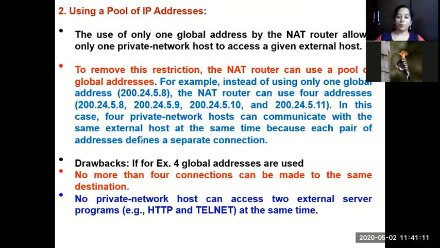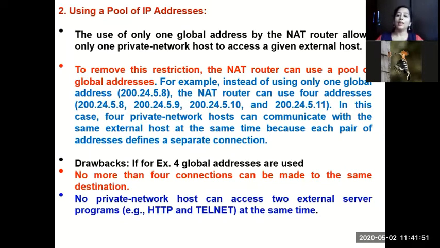Okay. So what is happening here is, if I have 4 connections which I have paid for and bought, I can make only 4 connections to the external internet at the same time. In the sense, say for example, I am opening 4 or 5 connections to the Google server from my system alone. Then it is not possible for an individual system to have 4 connections to the same server, because